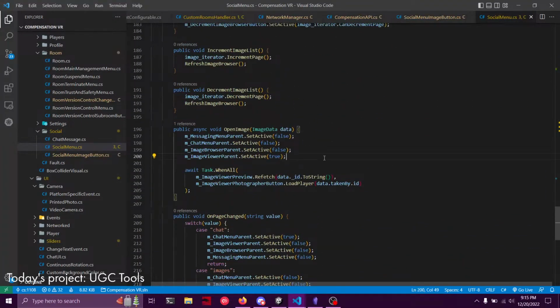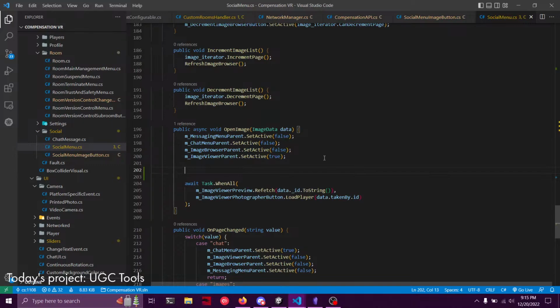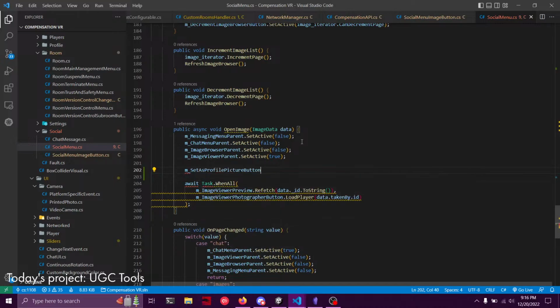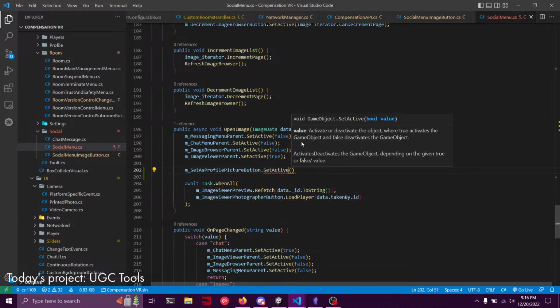Okay, so we have image data, and then we need to... is this params? Okay, it's params. That's fascinating. I didn't realize that. So then we need to do m set as profile picture button dot set active data dot taken by dot